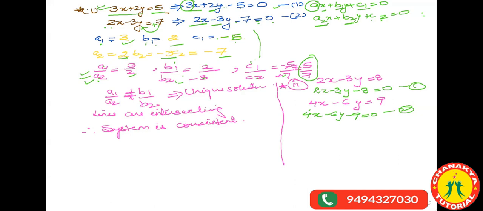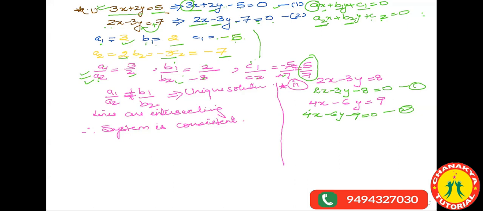See, 2x minus 3y is equal to 8. First of all, you will write this equation in the standard form: 2x minus 3y minus 8 is equal to 0. Then the second is 4x minus 6y is equal to 9, so 4x minus 6y minus 9 is equal to 0. In this question also, you have to tell whether the system is consistent or not. Okay. Now, Shyam,